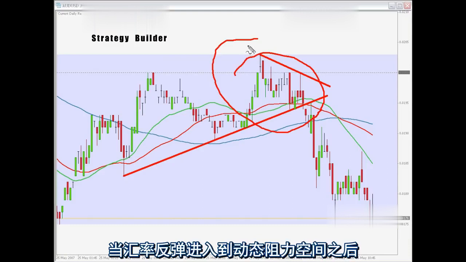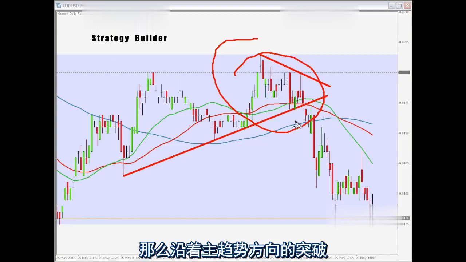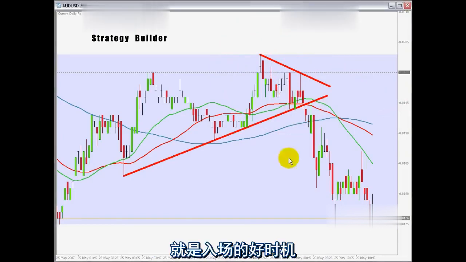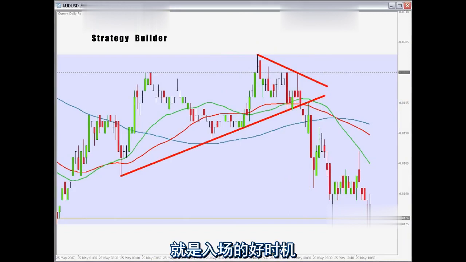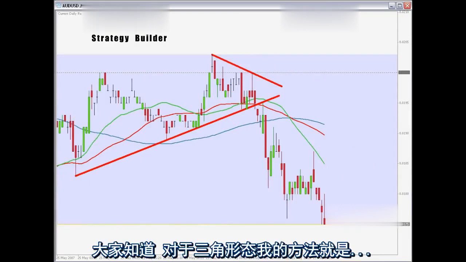How when we reach the area of dynamic support and resistance, the price in the trigger chart forms a triangle, okay, and the breakout of that triangle in the direction of the main trend, okay, meaning that a breakout to the downside actually has given out a very nice opportunity to enter the trade, and that's why